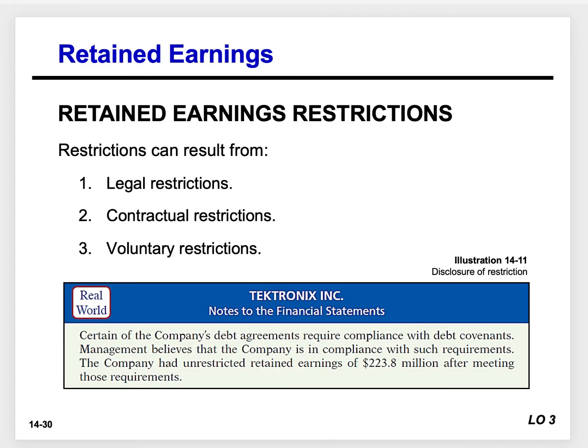So when we look at retained earnings, right, there are some restrictions to retained earnings. Well, what do we mean by that? What we mean by retained earnings restrictions is that these are restrictions that are put upon a company. They're either a legal restriction, so they're imposed on the company, right? You have to have X amount of retained earnings. It could be a contractual restriction, right? Things like debt covenants could be a reason why there's a restriction on our retained earnings, right? There has to be so much